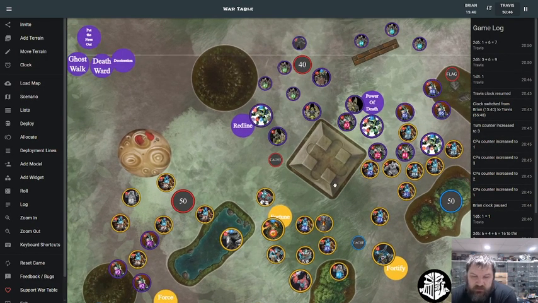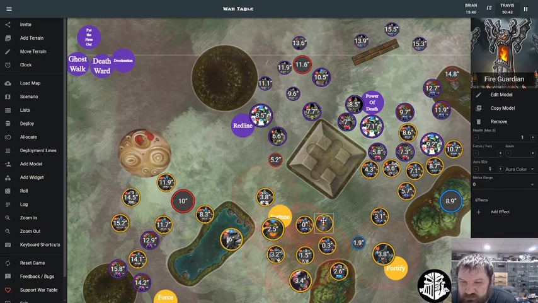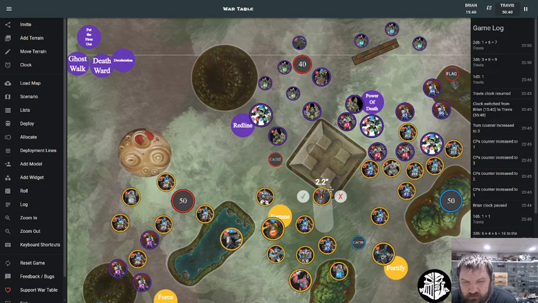Yep. Which one was that? I had a child talking to me for a second. It's to the Fire Guardian. All right, so that's dead. Okay. Yep. Excellent. Then I will attempt...